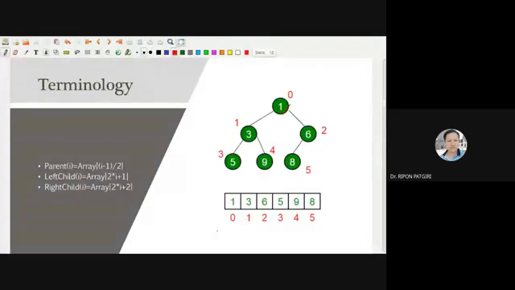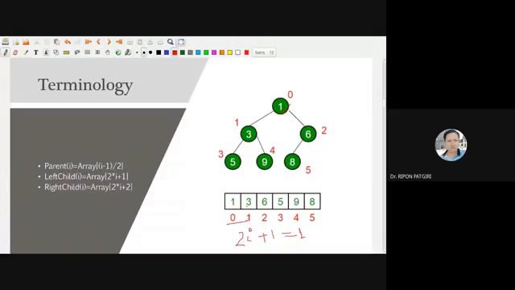If 0 is given, what is the left child and what is the right child? The left child is 2 times I plus 1. I is given as 0, so 2 into 0 plus 1 is 1, the left child. What is the left child of 1?